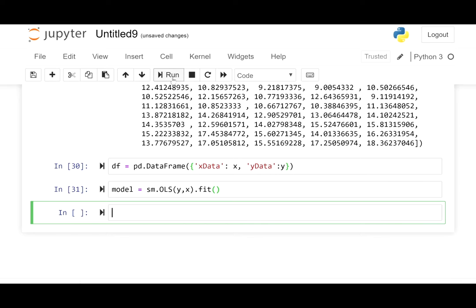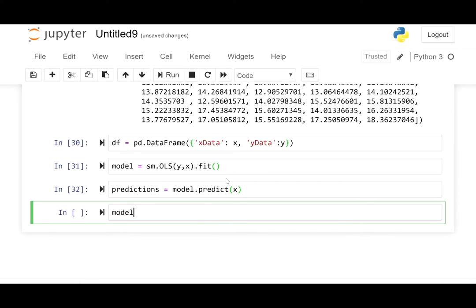Then we can find the predicted values. So I define a variable named predictions, which is equal to model.predict. So to fit the regression model, we use the fit method, and to predict values, we use predict. Then we pass X. Now we want to look at the goodness of fit for this regression model, the coefficients, the p-values, and to see this, we can apply summary to the model,